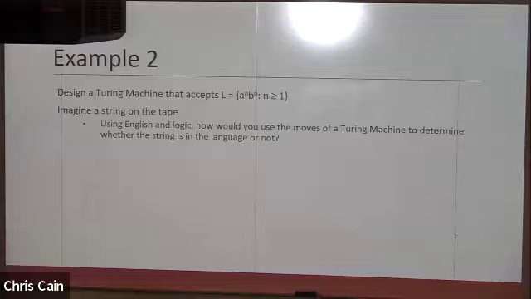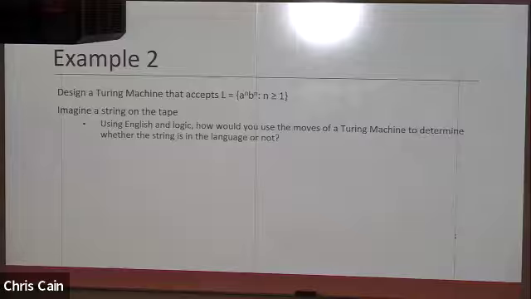So we're going to use a tape alphabet that's not just A's and B's. We're going to use some symbol that represents an A that we've seen before and a symbol that represents a B that we've seen before. So start on the leftmost A, change it to an A that we've seen before, go to a different state. That will go until it sees a B. When it sees a B, it's going to change that B into a B that we've seen before, go to another state. We're going to move back left until we see an A that we've seen before, move right, that should be an A. Go back to the very first state